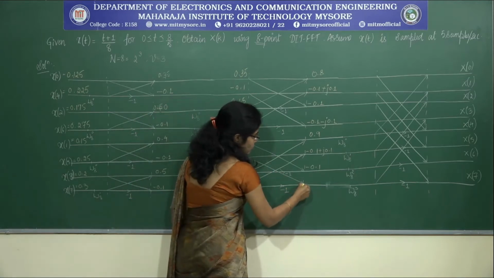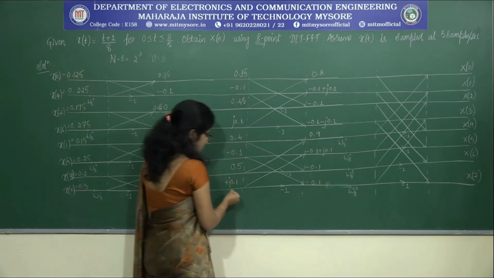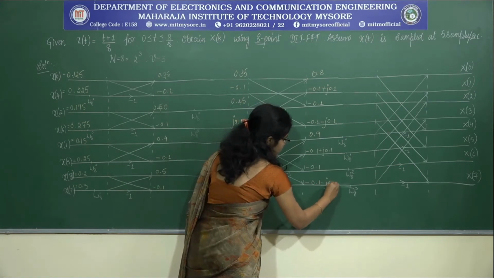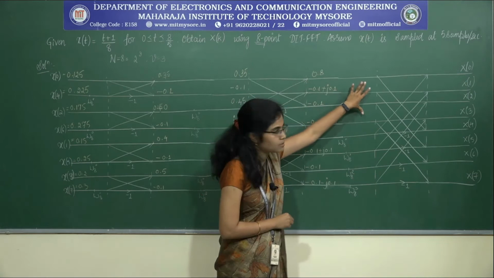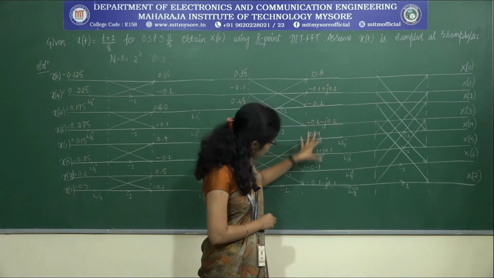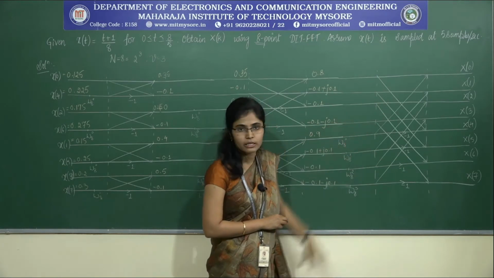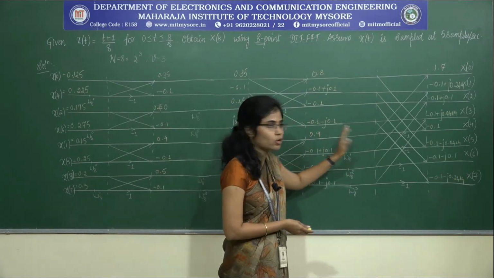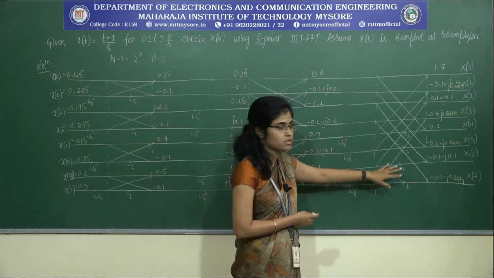Similarly, coming to this point, the signal coming from this branch is 0.1 and this is multiplied with minus 1, this is nothing but equal to minus j 0.1. Now, what we need to do? These 4 signals come as they are here. The other signals should be multiplied with the twiddle factor term and then we need to find out the output sequence, that is X of k. So we are clear till here. What I have done is I have directly written the answers. I want you people to try for the third stage.